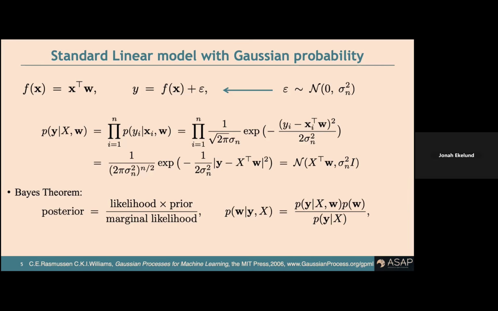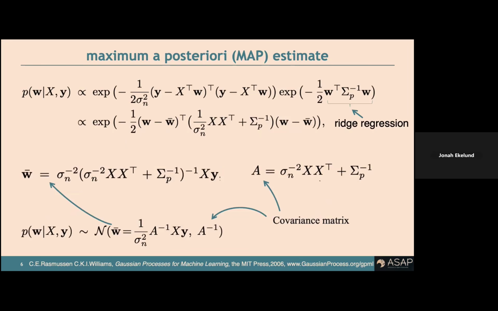And yeah, we don't need to go into the details of the math of it. Probably you had it in some statistics courses. But it's just a reminder that you can invert this to get the probability of the weights, which is what we are looking for at the moment, and it will still be a Gaussian, but it will have this slightly more complicated expression for the mean and for the covariance matrix. And this covariance matrix is a very important object.